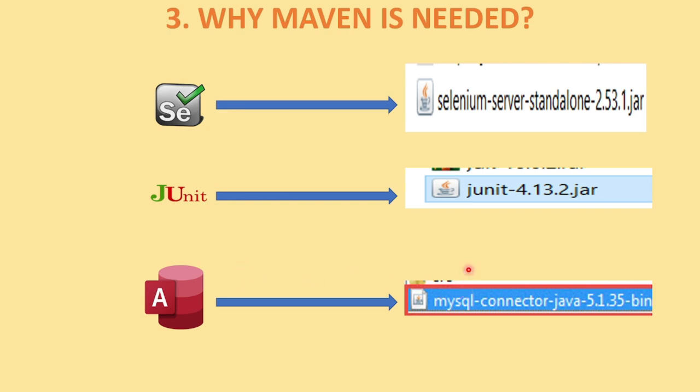So you need to download these files. Otherwise things are not going to work. Your project will show errors. In order to get over this, so that you don't have to add any third-party library files, we can use Maven. When you create the Maven project, you don't have to use these files. Everything will be done by Maven dependencies.